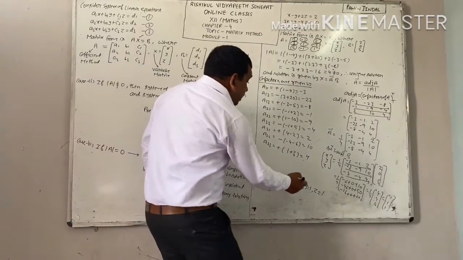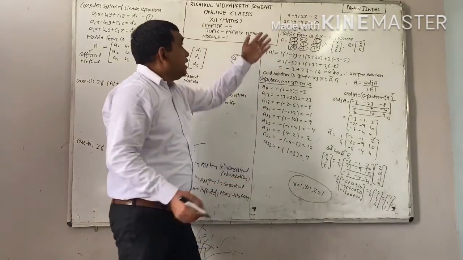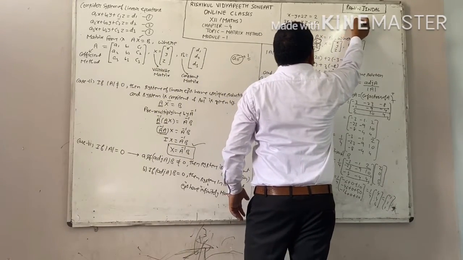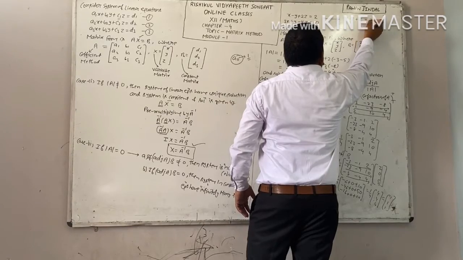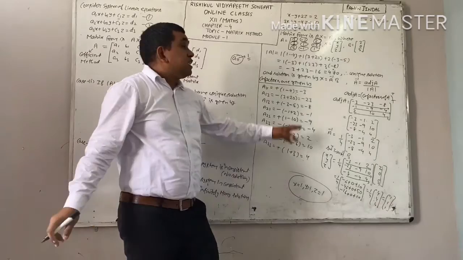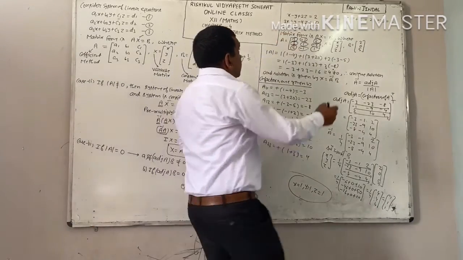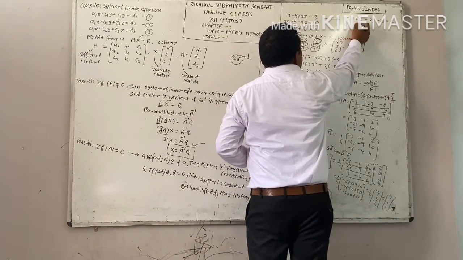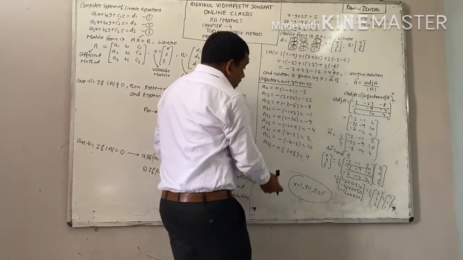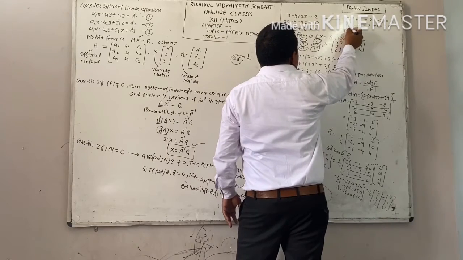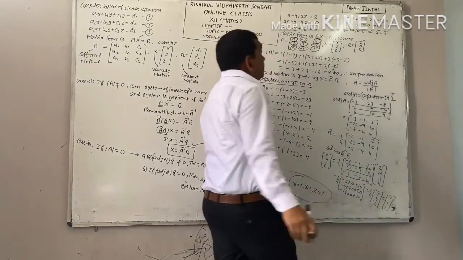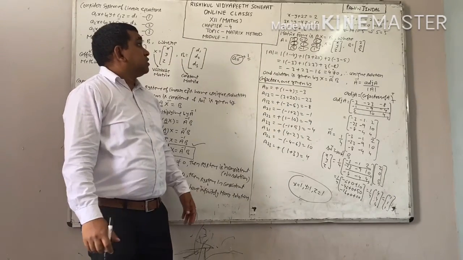Let's verify. I am putting value of x, y, z in equation first, second and third. See in equation 1 what you will get? 1 minus 1 plus 2 equal to 2. Means 2 equal to 2. Equation verified. Now put value in second equation also. You will get 3 plus 1 minus 4 means 0 equal to 0. Verified. In third also you will put 5 minus 1 plus 1. It means 5 equal to 5. In this way we can verify our answer also.